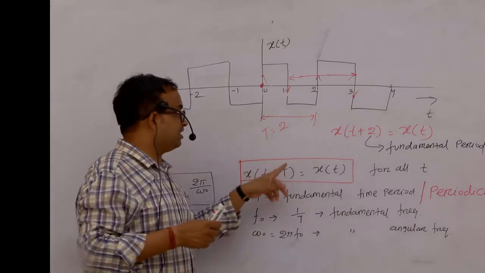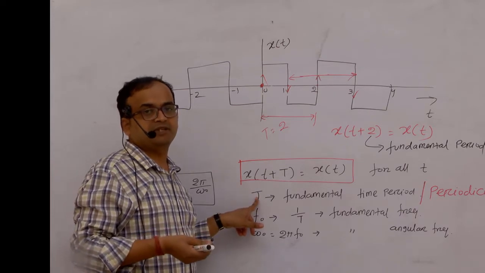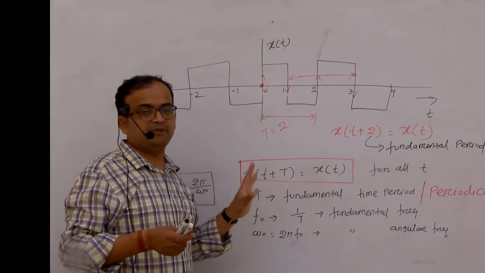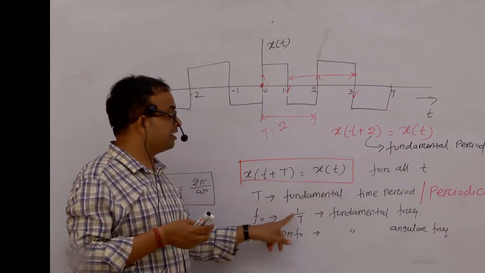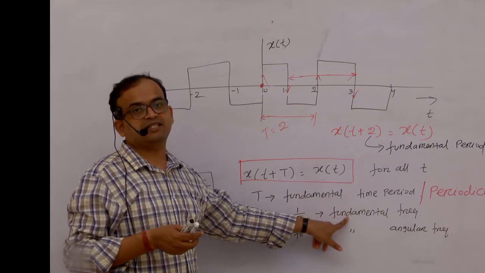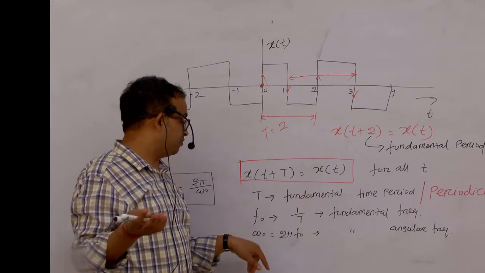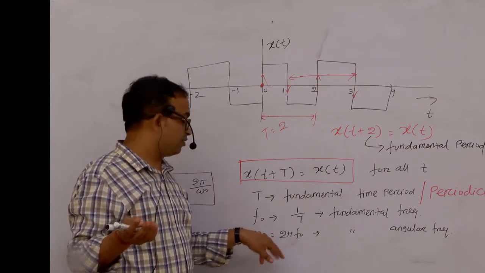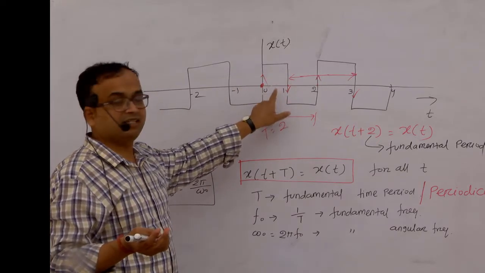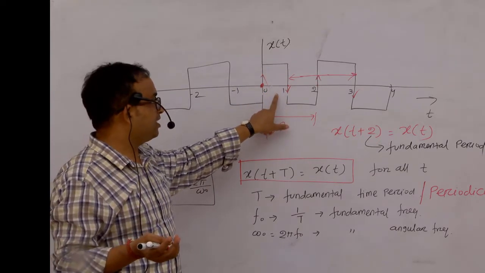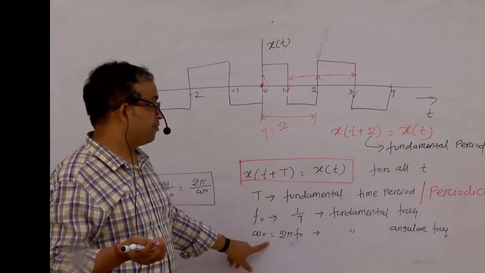If you get the fundamental period T, then very easily you can get the fundamental frequency, because we know that frequency and time period are inversely proportional to each other. So we can write f0 equal to 1 by T, known as the fundamental frequency of the signal. After getting f0, we can very easily get the angular frequency. Everyone knows that omega 0, the angular frequency, equals 2 pi f0. So from the signal, we only need to get the fundamental time period. After getting it, very easily you can get the fundamental frequency or fundamental angular frequency.